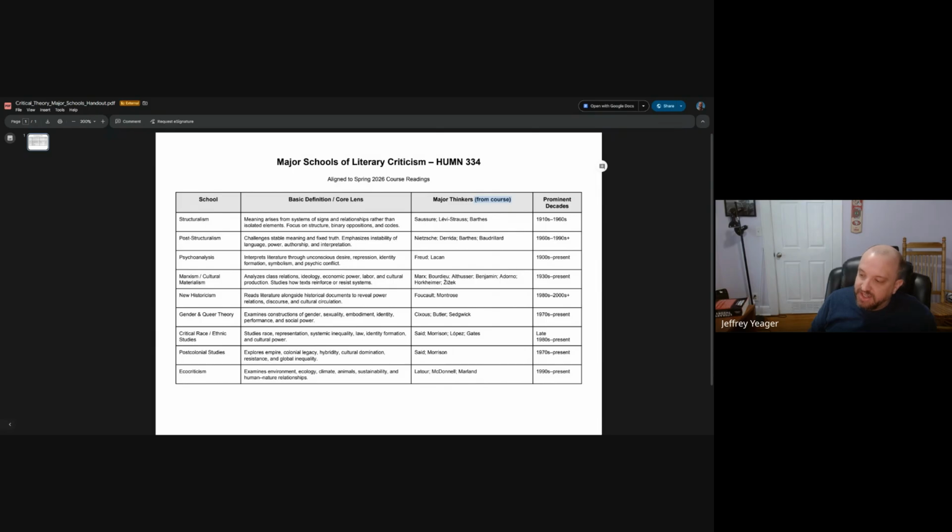Like, say you're studying Othello, you would just look at that text. You wouldn't bring any history into the text. You wouldn't bring any discussions about race or whatever into the text. Instead, you would do things like look at passages. How is Shakespeare using alliteration here? How is he using analogy here? You would look at literature as kind of a self-contained thing. You wouldn't bring any other types of knowledge into it.